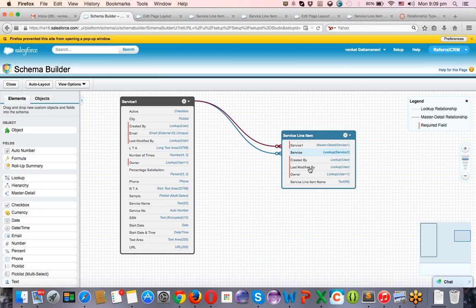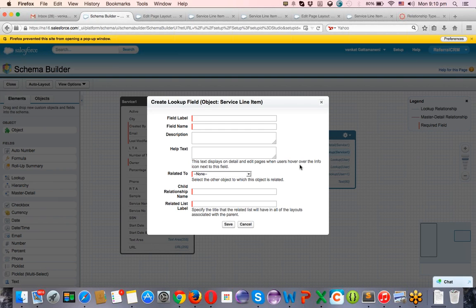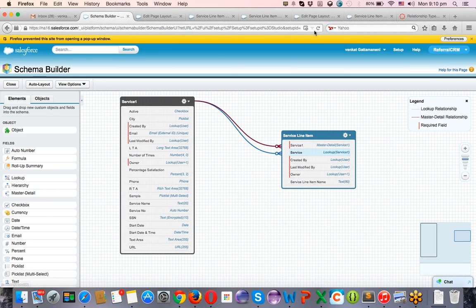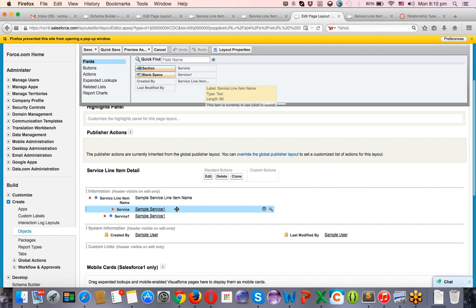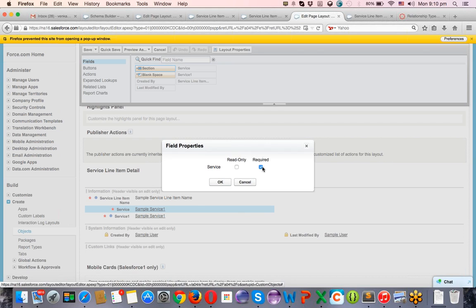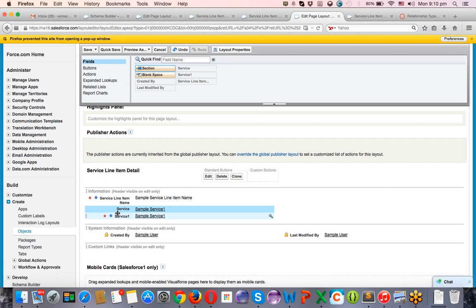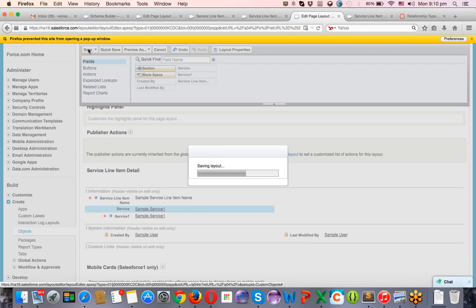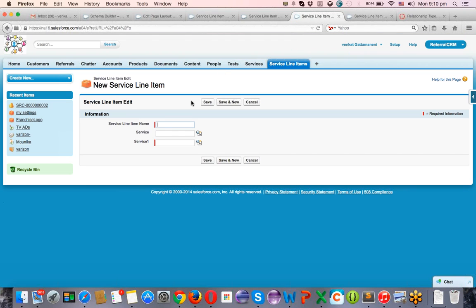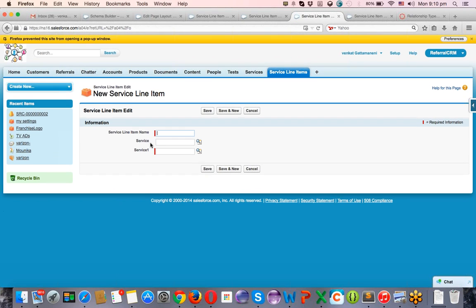But I think similarly you can do that. I think the lookup relationship doesn't have that type of field. You have to do it only in the page layout. That's what I showed you, right? Here, see, double click on this, the required option. If you uncheck it, it's not required. Now it's not required, and if you click on save, that reflects in the page directly.